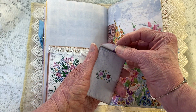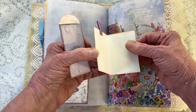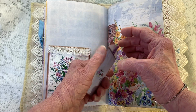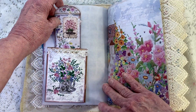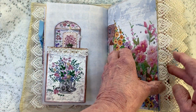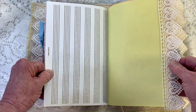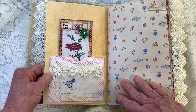And back here is a little fold out journaling card, which I think is adorable. I just add a little bit of ribbon at the top so you know it's in there and so you can pull it out easily. I try to make it as simple for you as I can. And there's a pocket behind the sack. So, you know, I try to really lay it on heavy with the pockets and all different kinds of journaling paper and colors. And it's just a beautiful springtime